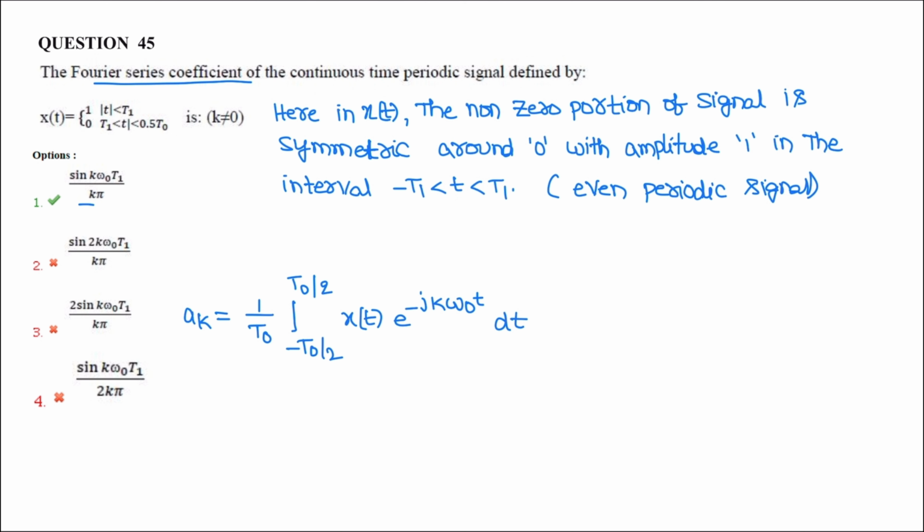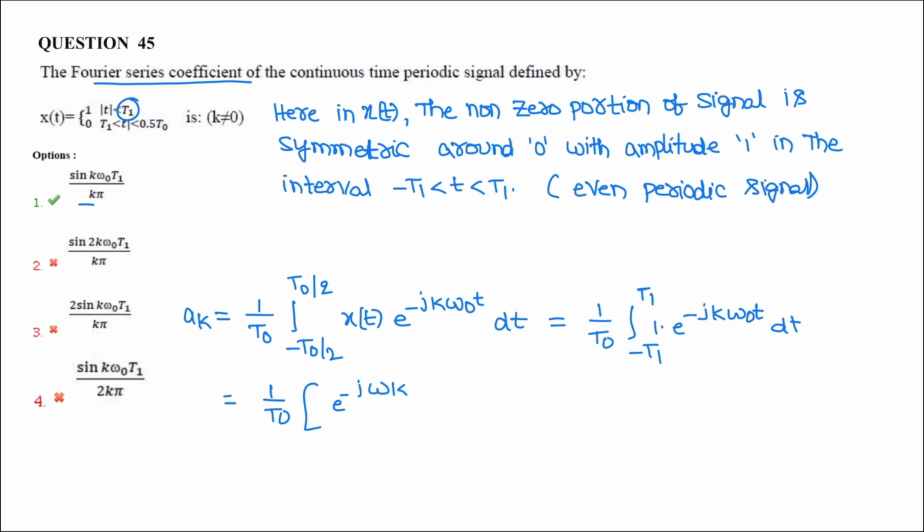Now x of t is equal to 1 by T naught, from minus T1 to T1. Here T1 is capital T1. The value of x of t is 1. The magnitude is 1. e power minus jk omega naught t dt. On integration, 1 by T naught e power minus j omega